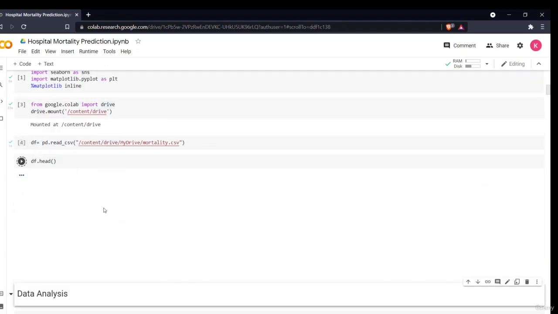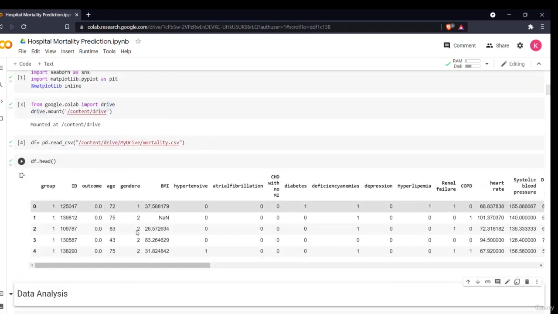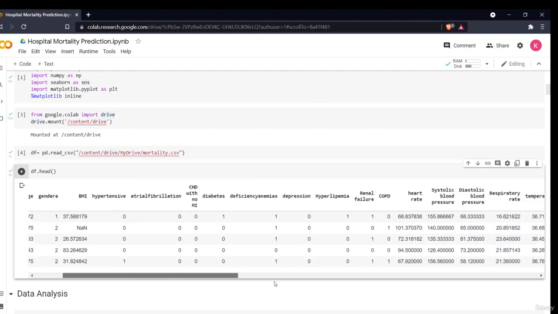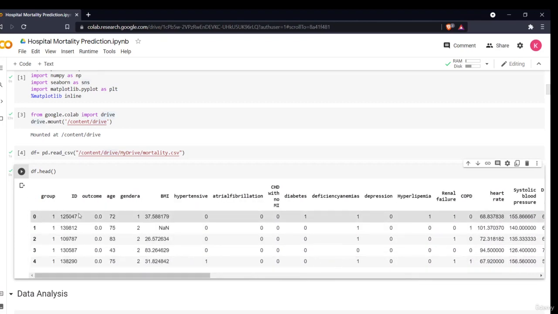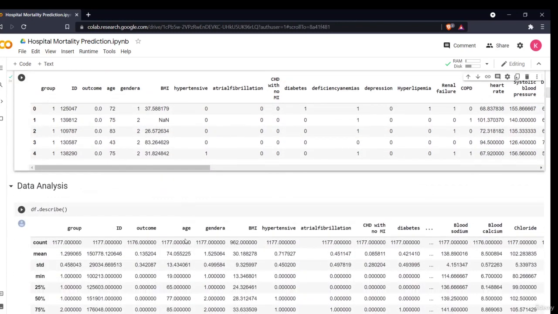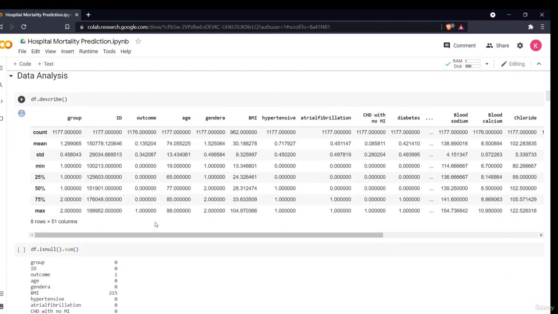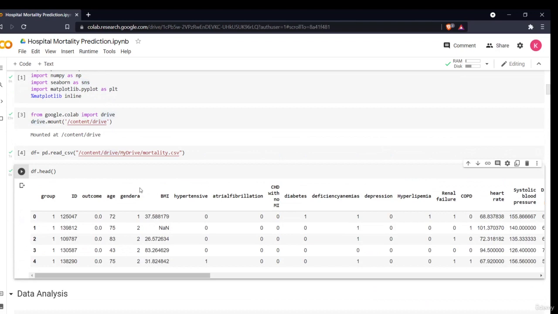Okay, and now this is my whole file. So this is how you read or import your data in a Colab environment. Now in the next section we'll be doing the data analysis part. In this we discussed how you can import your libraries and the data set. In the next section we'll be doing the data analysis, pre-processing and model building part.